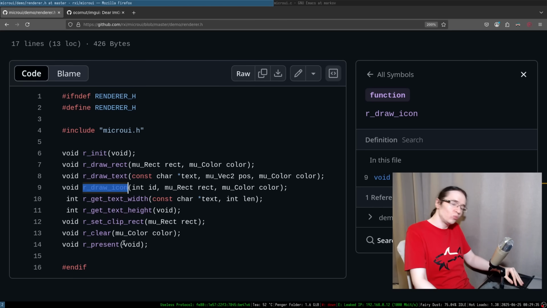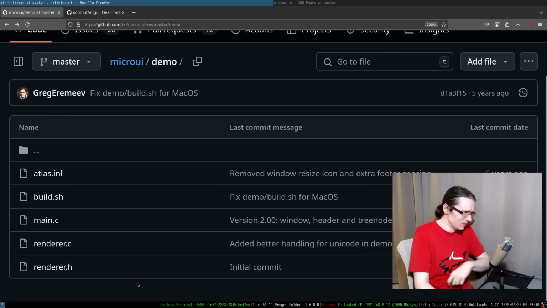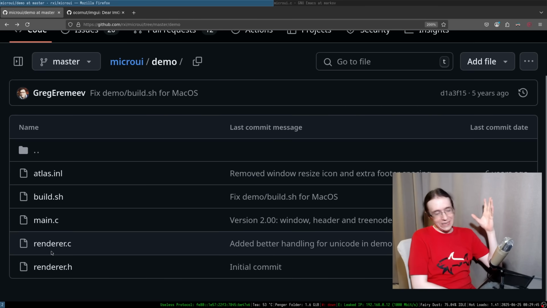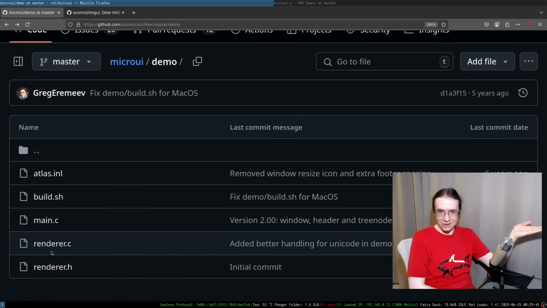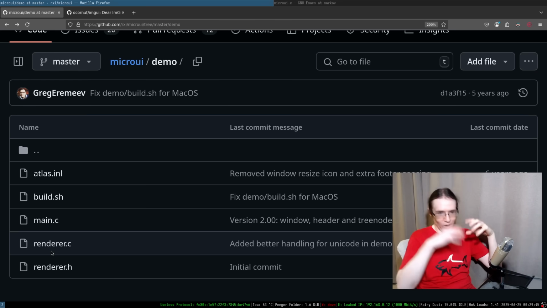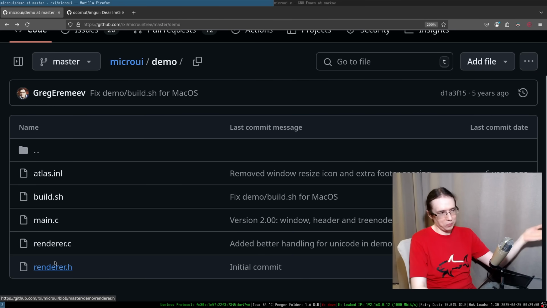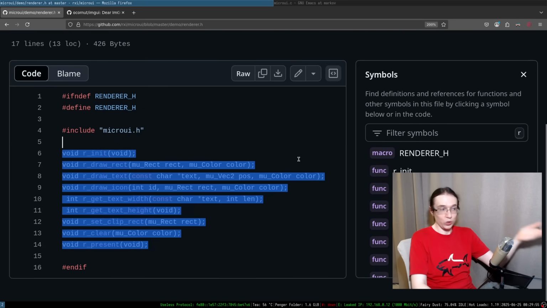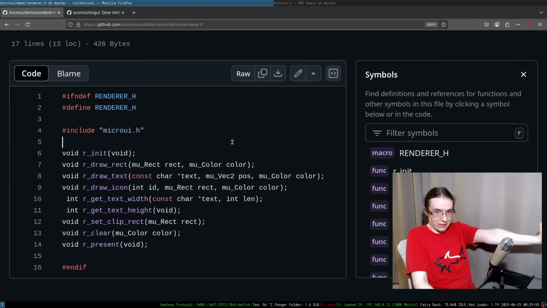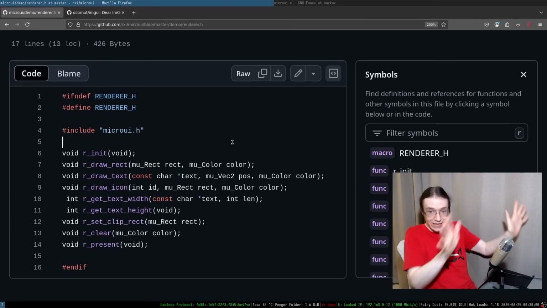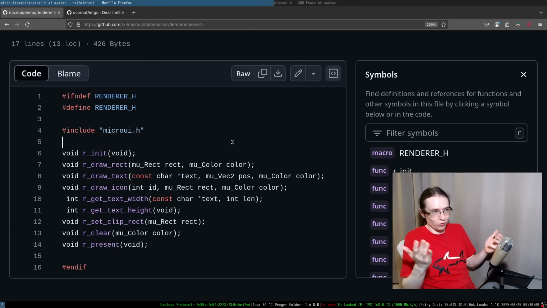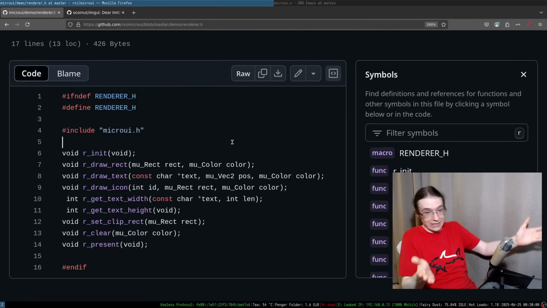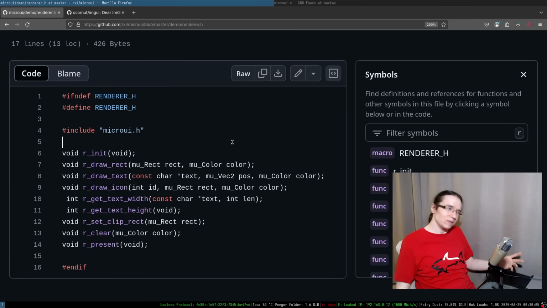But no, that's not... that's so sad. Because honestly, that sounds like a pretty cool idea. You have a UI library and you supply your own renderer, and the interface of the renderer is this, which maps perfectly to raylib. So somebody who knows raylib would see that and say, oh, I can just use that. But